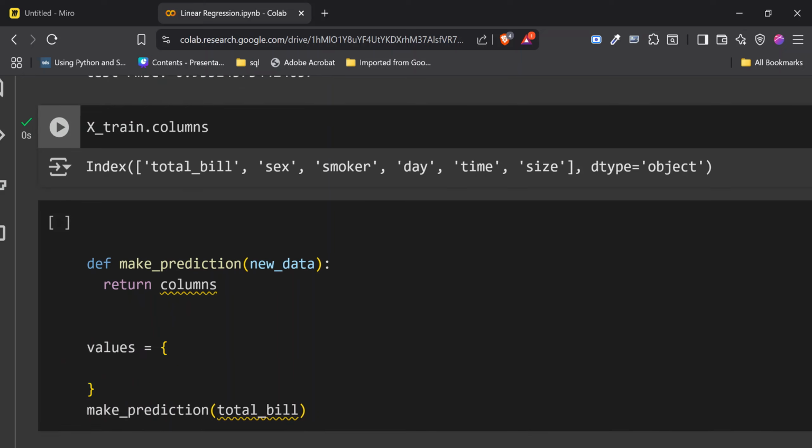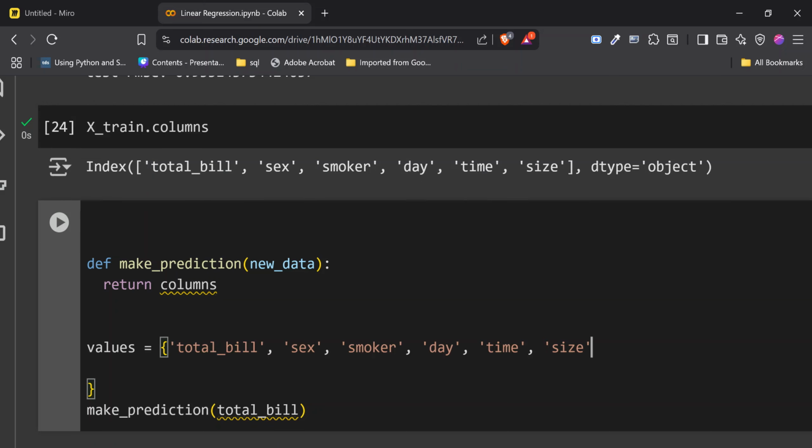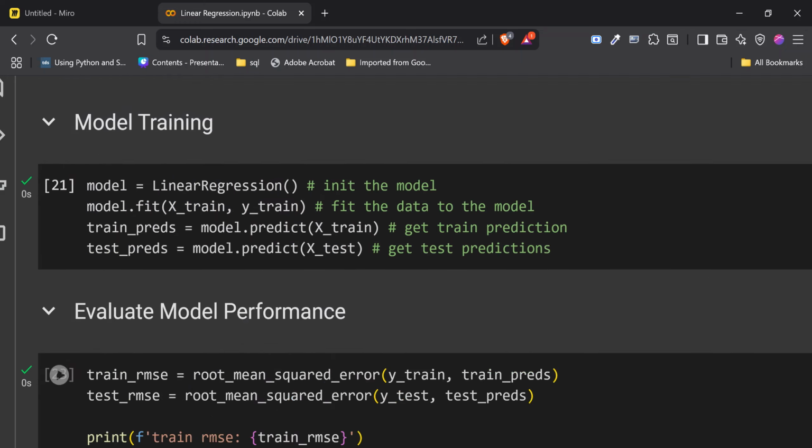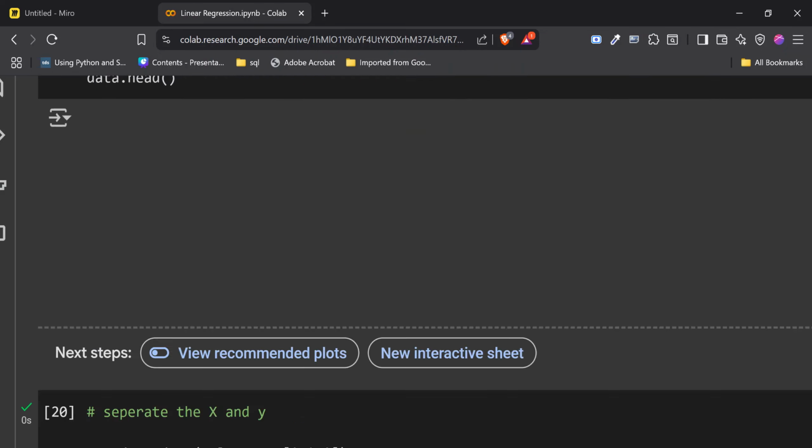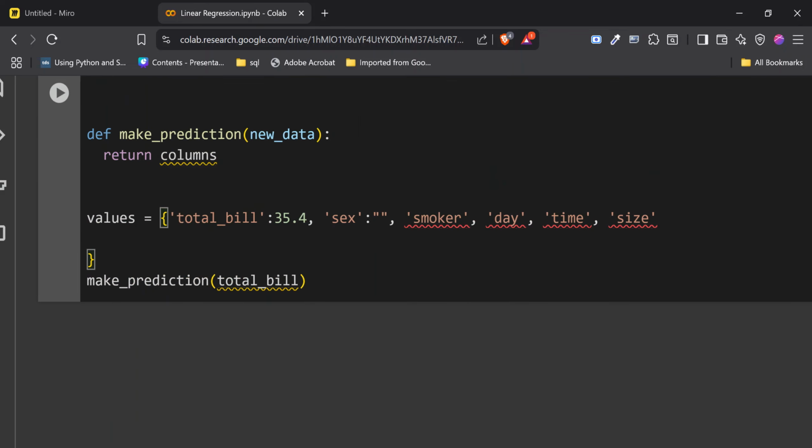I'm just going to grab all of this here, put it here, and say the total bill of the person is, let's say, 35.4. Their sex is male. Let's go check how sex is written in the main data set. It's capital M. Everything starts with a capital. So that's going to be Male.